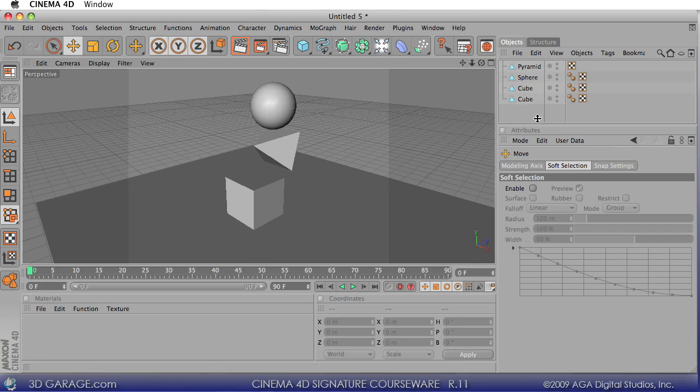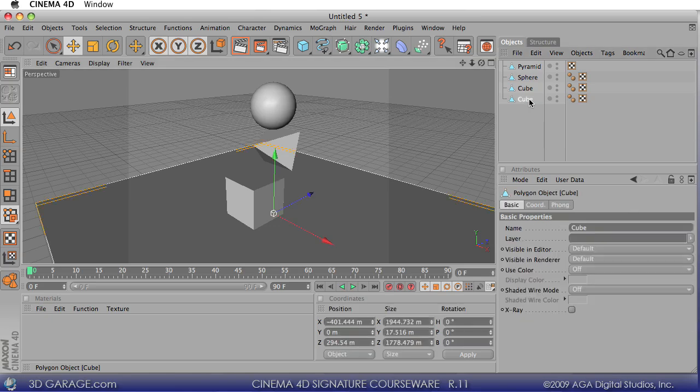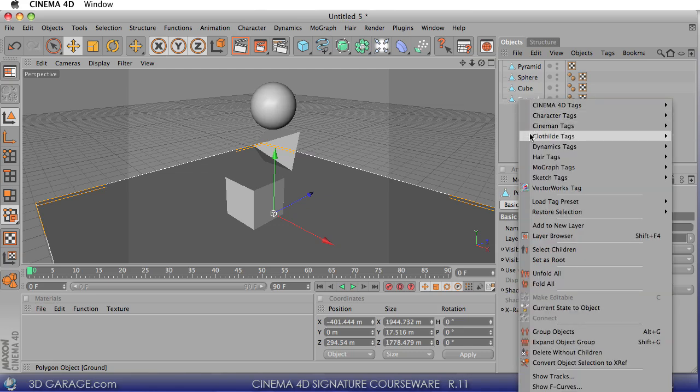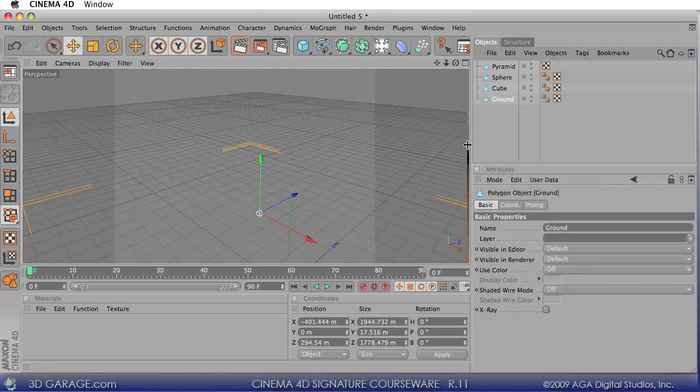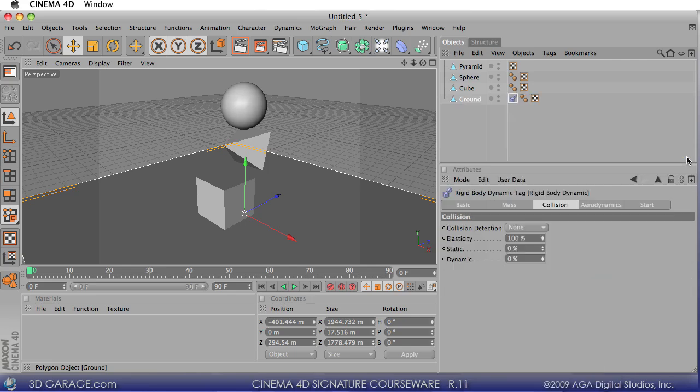Okay. Now, in order for these to actually all collide, they have to have dynamics applied. Easy enough. So let's select the ground. Let's call that ground. And I'm going to right-click on it, and under the Dynamics tab, there is the Rigid Body Dynamic. So you add that tag. When you add that, you get a nice set of tools down here in the Attributes Manager. And all you need to worry about at this point is collision detection. Turn it on. Okay, so one more thing we got to set on the ground, but I'm going to come back to that,